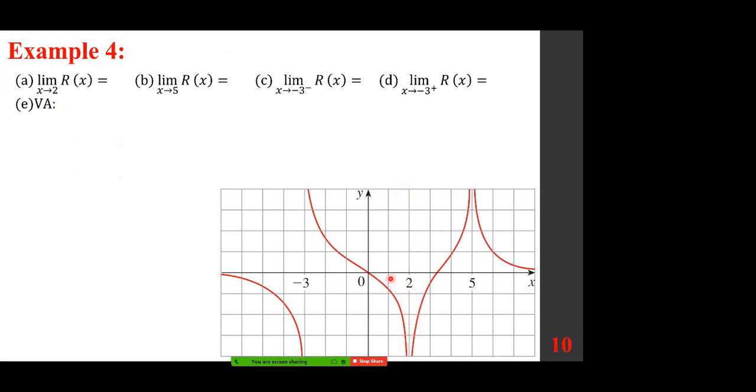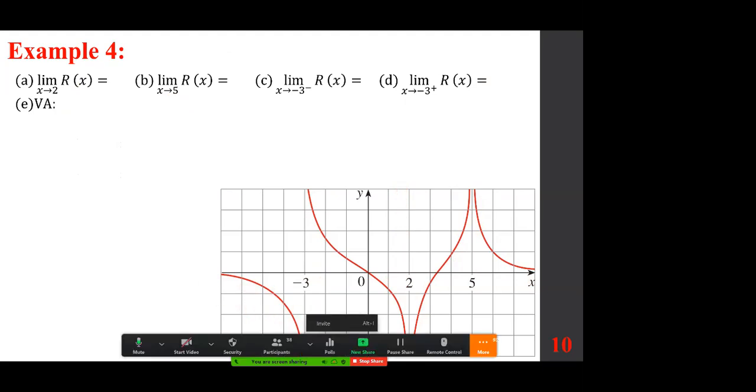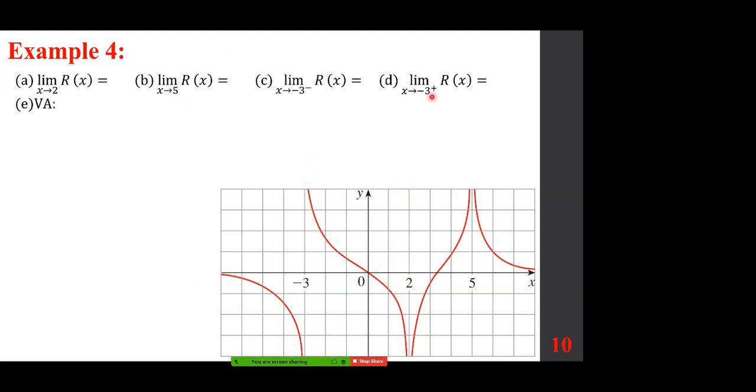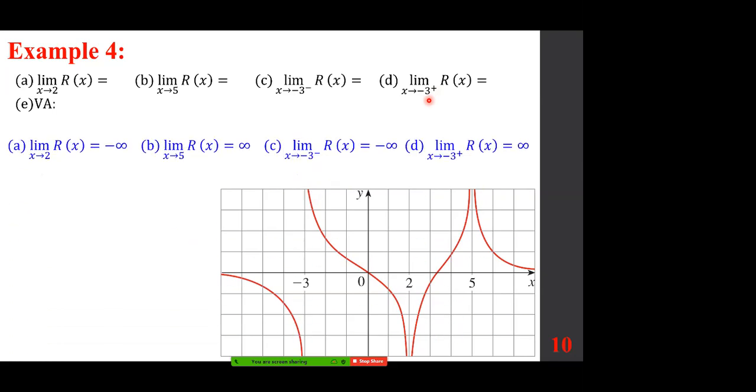So this is negative infinity. However, at 5, it blows up to positive infinity. Now here's negative 3. The left side is different. From the left side, it goes to negative infinity, but from the right side, it goes to positive infinity. So again, just reading from the graph. Therefore,